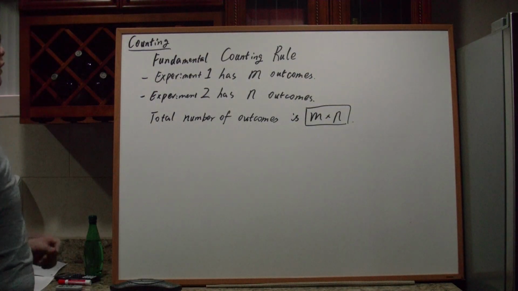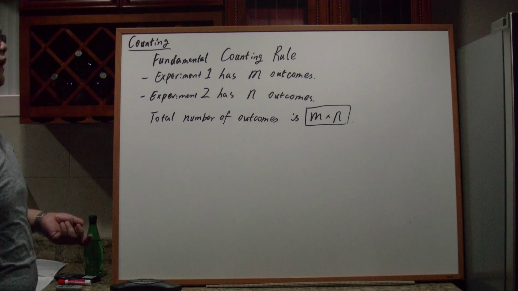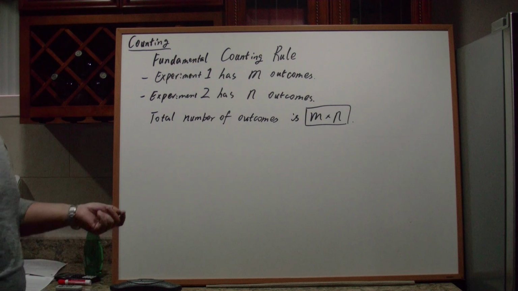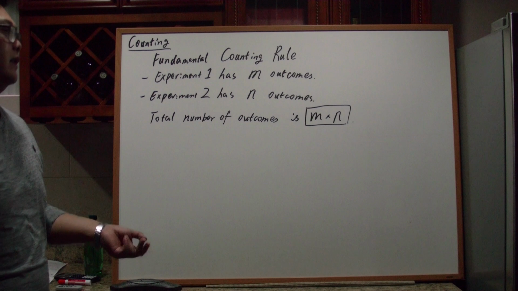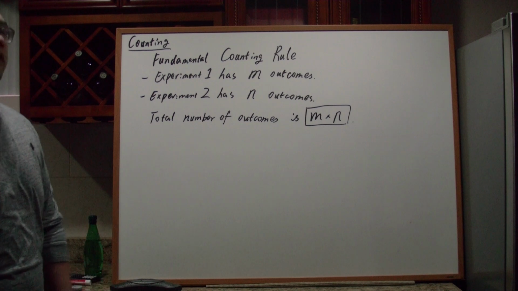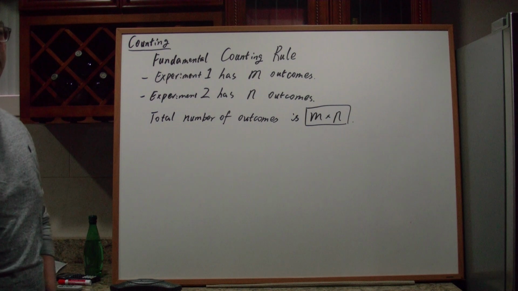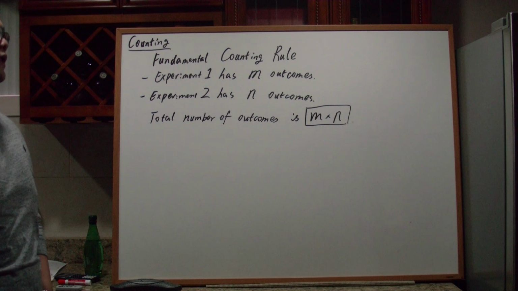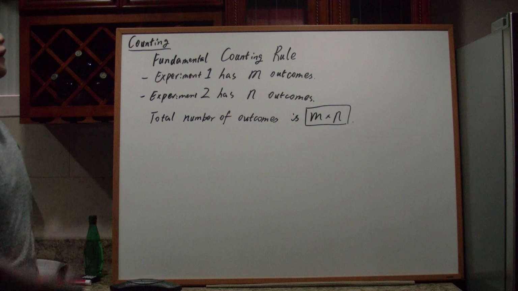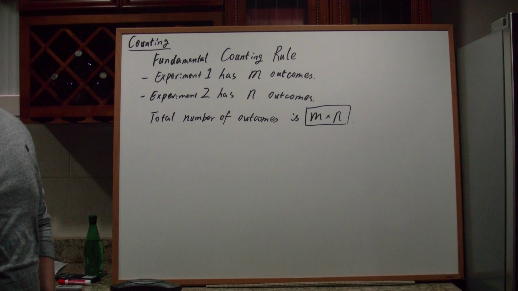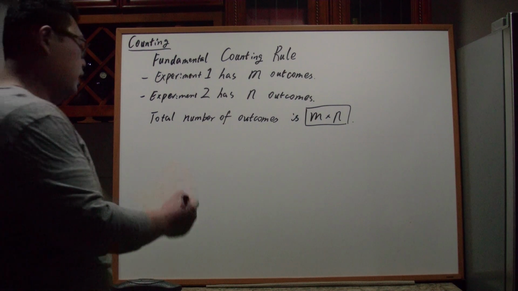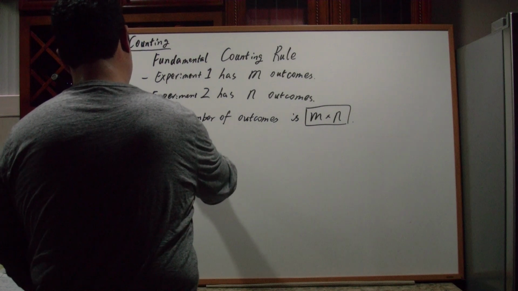Right, so like rolling dice, right? The first die has 6 outcomes from 1 to 6. The second die also has 6 possible landing values from 1 to 6. Then the total number, if you count simply, is 36. If you multiply using this fundamental rule, that is 6 times 6. Right, so here, if we list